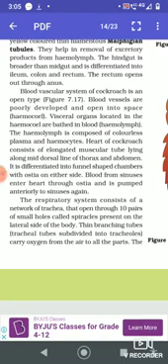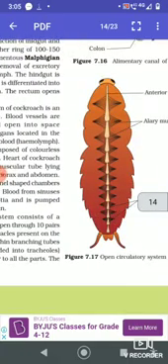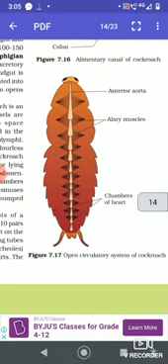Now we are going to start with the blood vascular system of cockroach. It is an open type of vascular system. You can see in the diagram. First, let us discuss the diagram. The anterior aorta is present in the middle line of the body, and it is attached